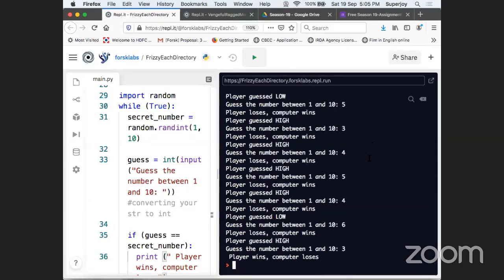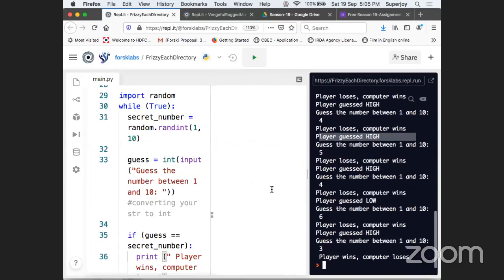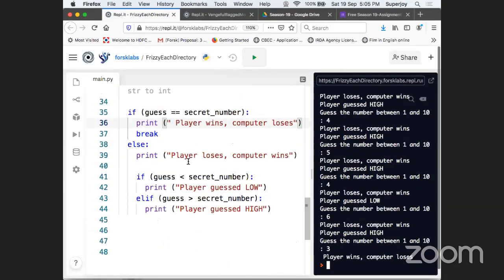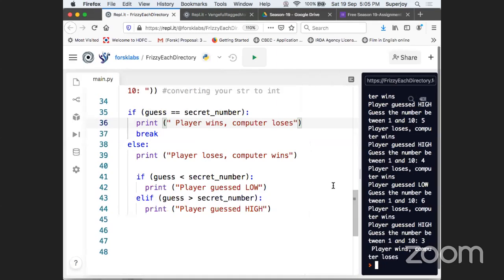Can you see, guys? Oh, I was lucky, guys. Can you see? I guessed 3, and this time it was equal to the secret number, and I won the game. And when I won the game, what is happening? I'm making a break from the loop. Guys, this is how you break from the loop. Guys, right? Okay. Now, guys,